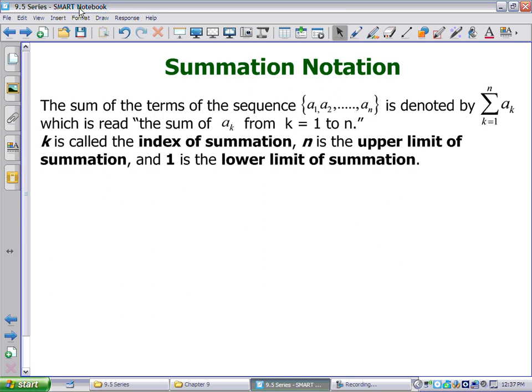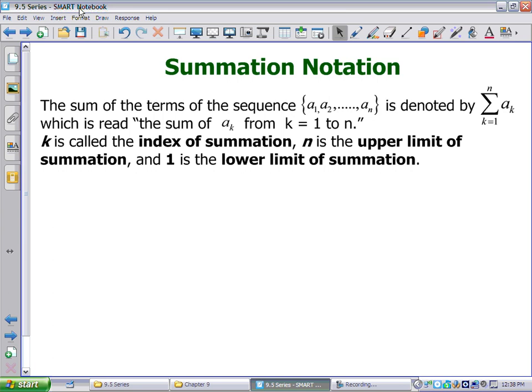This is the first video for section 9.5 series, and we're going to first start off talking about the summation notation. Summation notation is where you have the sum of the terms of a sequence. What we were looking at in section 9.4, those were sequences, a list of numbers. In 9.5, they want you to add all of those numbers up that are in the sequence,